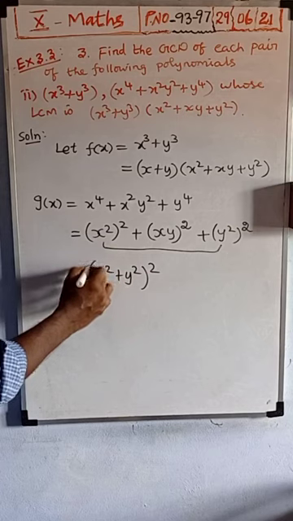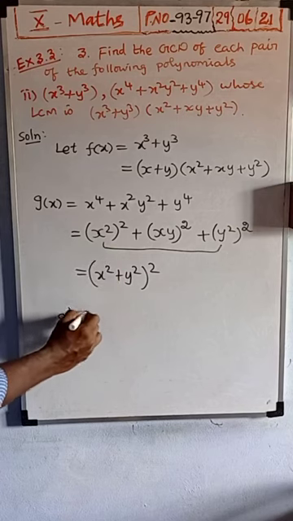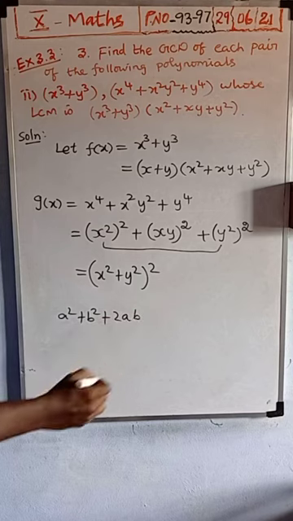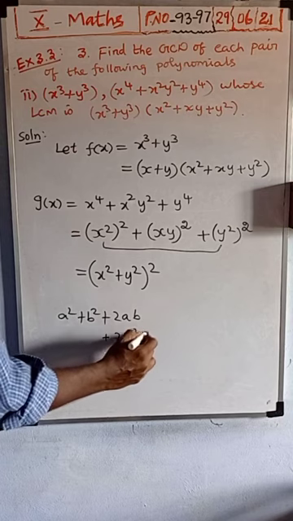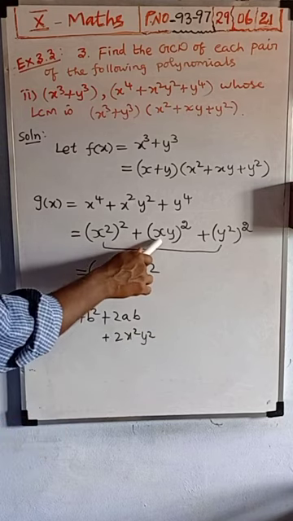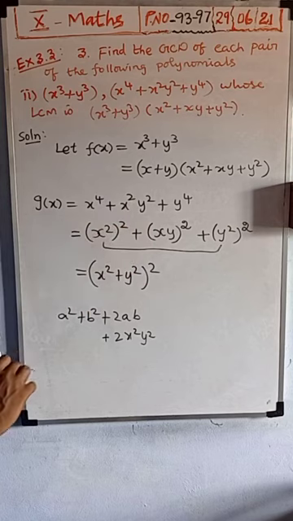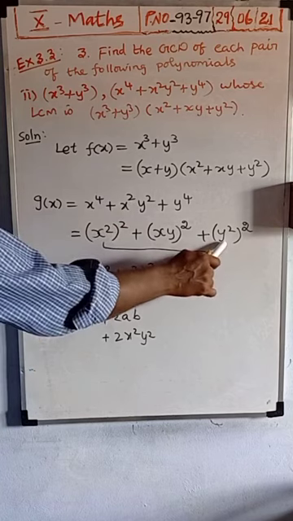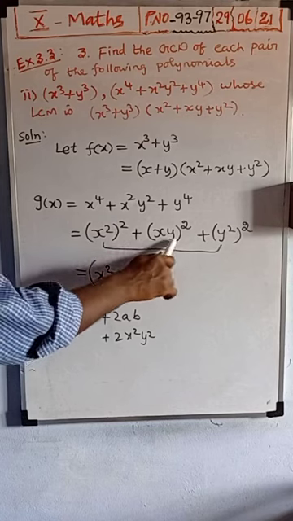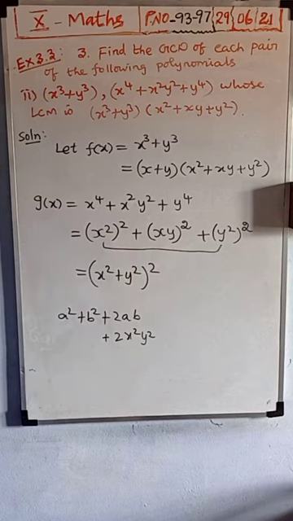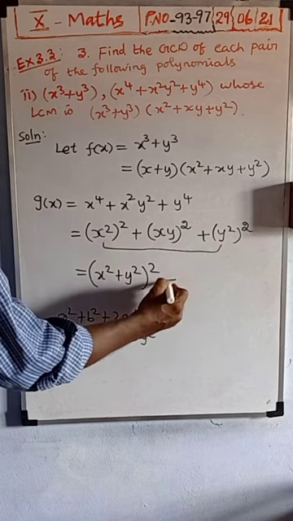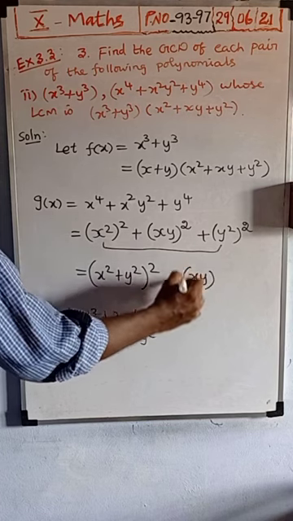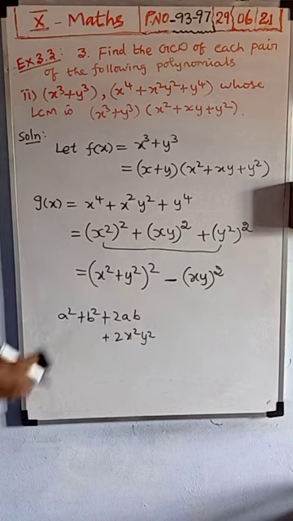to the whole square. But we cannot compare directly, because a square plus b square plus 2ab has to be there. What is 2ab? Plus 2, with a being x squared and b being y squared. But here only one time x squared y squared is there. So a square plus b square plus only 1ab is there, actually the formula needs 2ab. Then what we want to do is, instead of that, while changing like that, automatically this plus changes into minus. So minus of xy to the whole square.